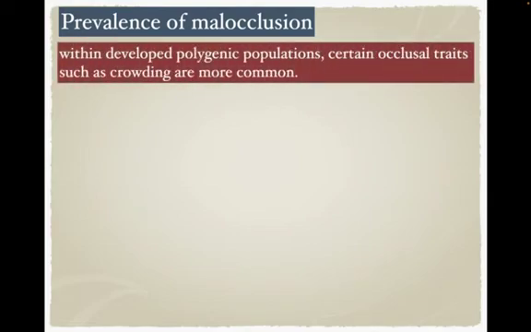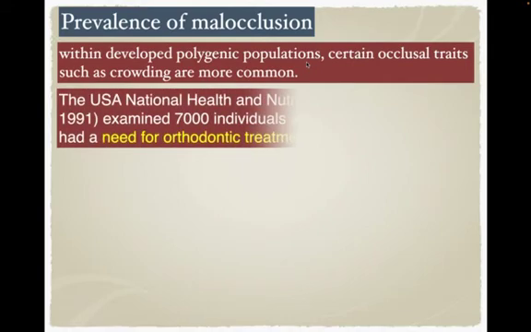Now there is something you need to know. In a newly developed community, you have a lot of marriages from different ethnicities, and we call this a polygenic population, which basically means that they have different genetics. A mixture, for example, Caucasian American white with a Mexican, these have different genes, and we call this polygenic. Now the polygenic population will have more crowding and more malocclusion. And the cause for that,